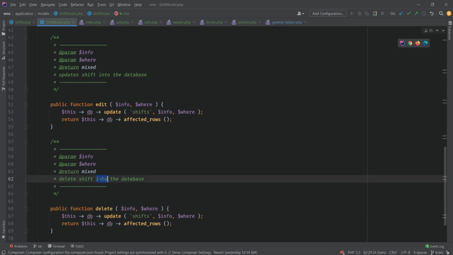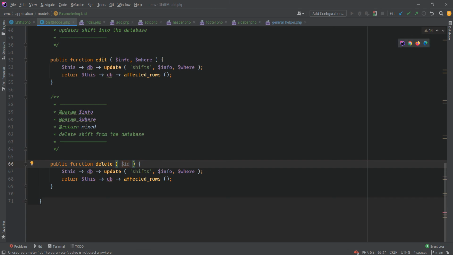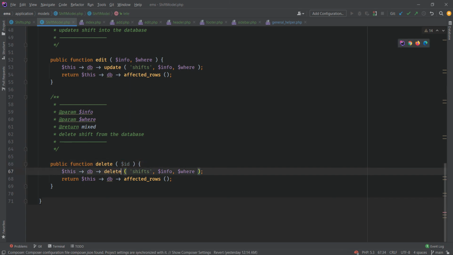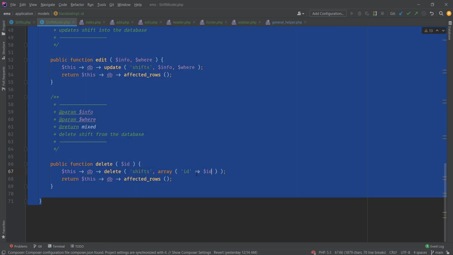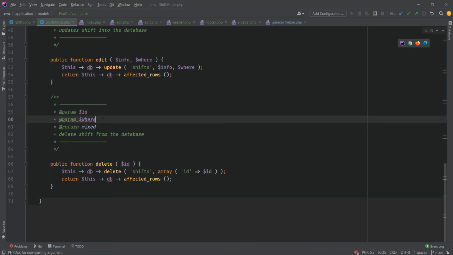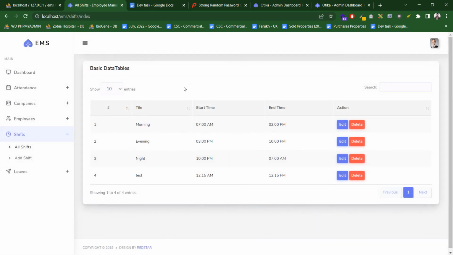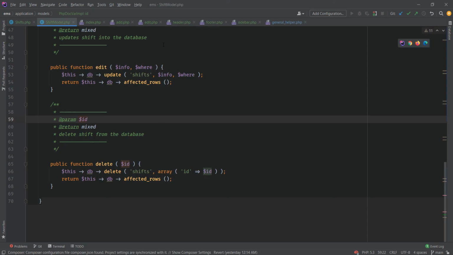Delete shift from the database, and we are only passing the id variable, and let's say delete shift array id dollar id. All right, and one more thing, just update our comment section, reload the page. All right, so nothing has yet been deleted. Let me see what the issue is. Inside our